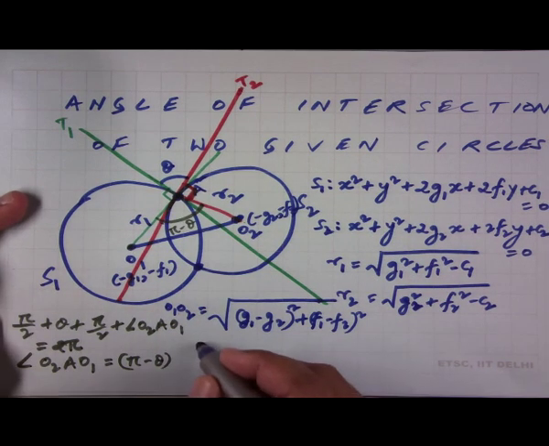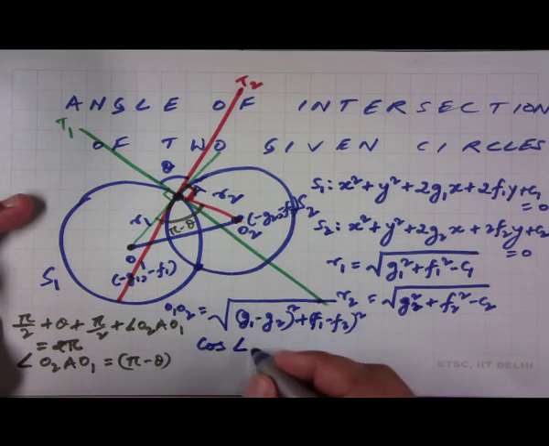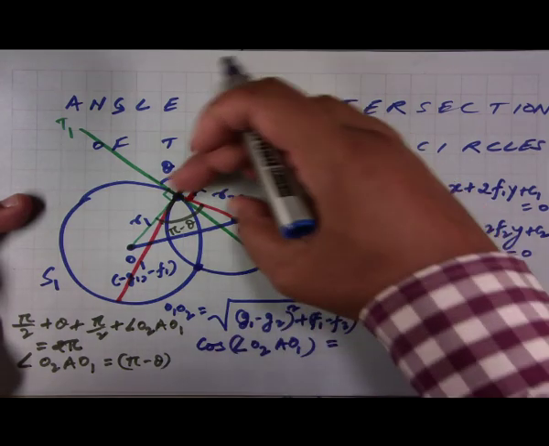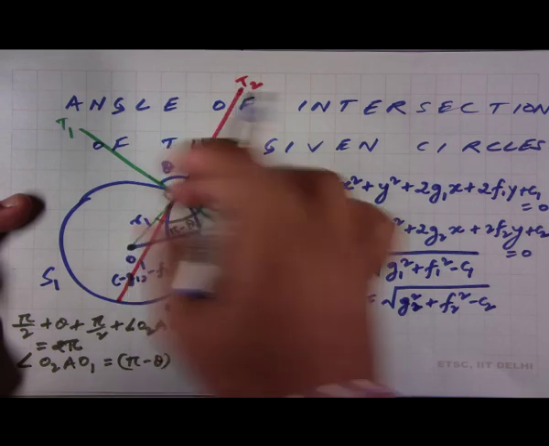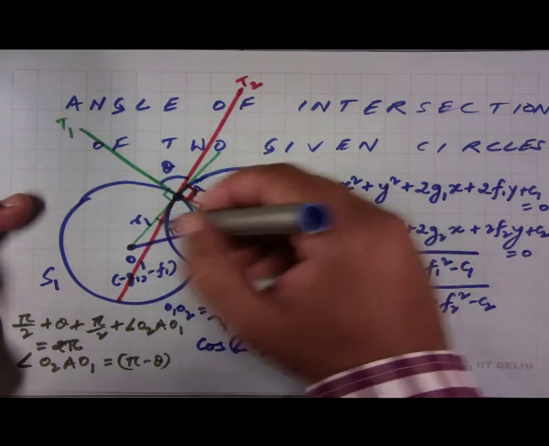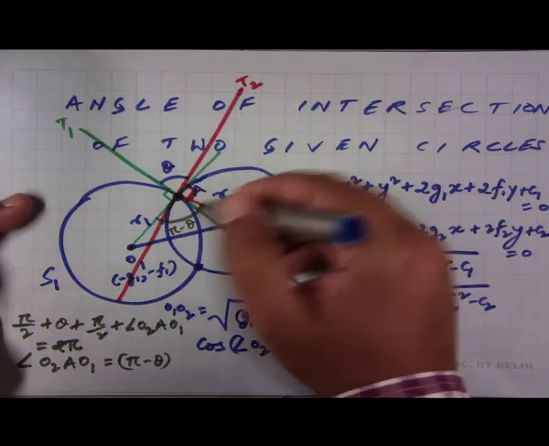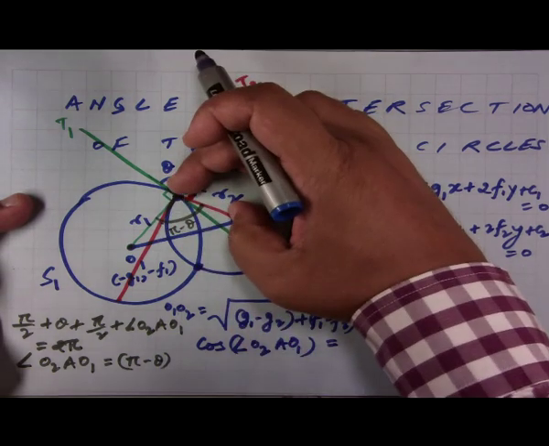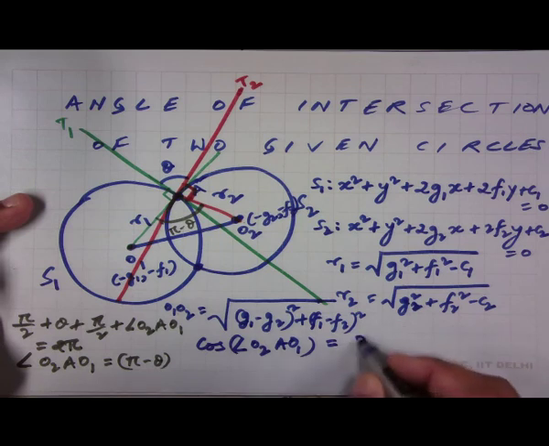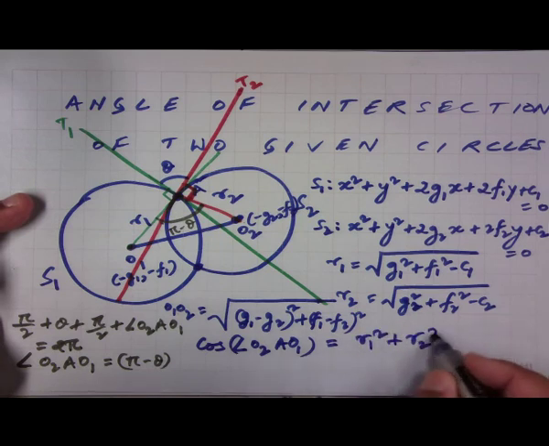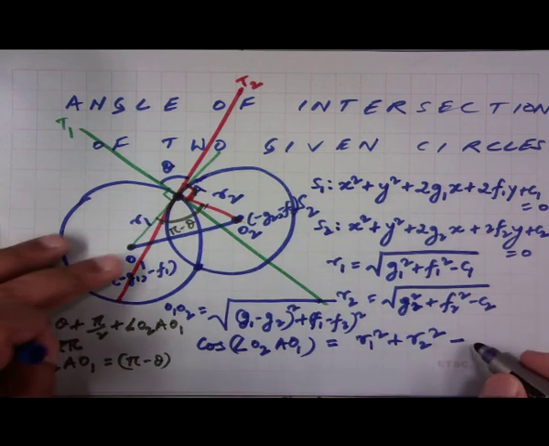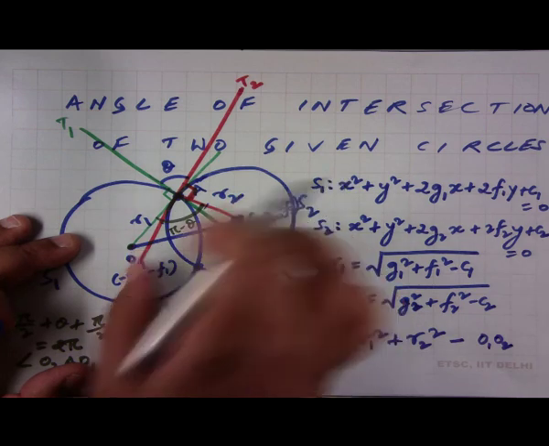So, by the cosine law, cosine of this angle O2AO1 is equal to the sum of the squares of the two sides which are adjacent to this angle, so the two sides are basically in this case R1 square plus R2 square, minus the square of the side which is opposite to this angle, which is the distance between the two centers, the square of that,